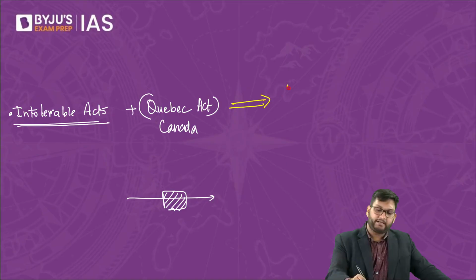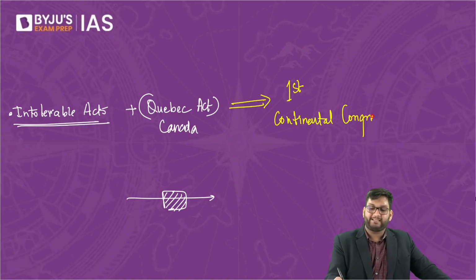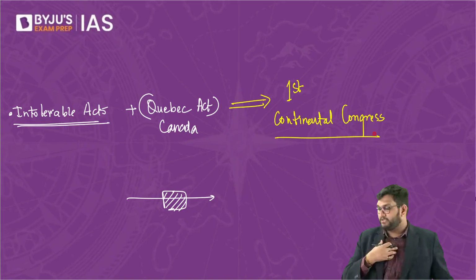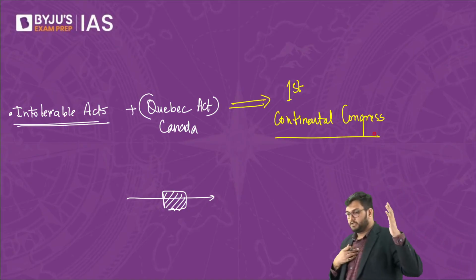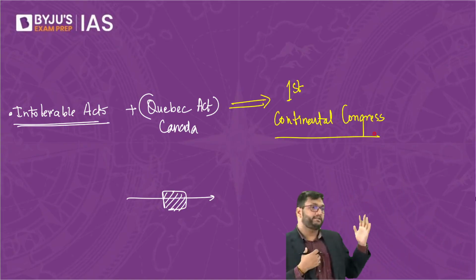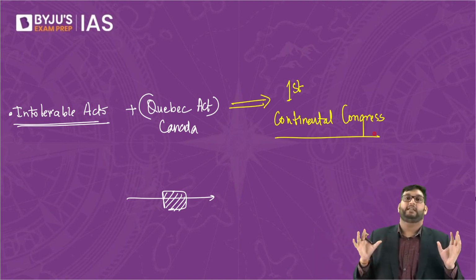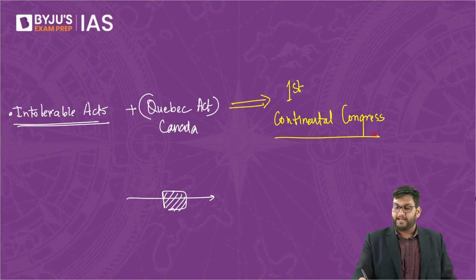That meeting is called the First Continental Congress. Don't go by the name, they are not even 1% of that continent, but they call themselves the Continental Congress. So, the First Continental Congress will meet, and they will argue that we will boycott,